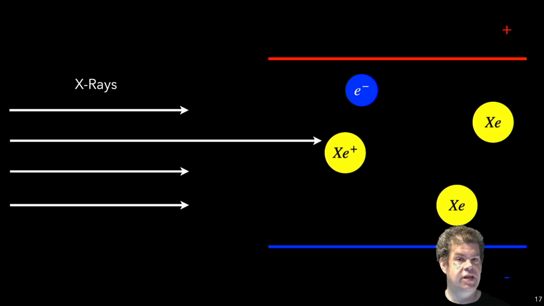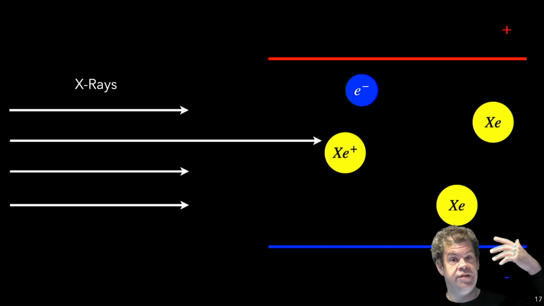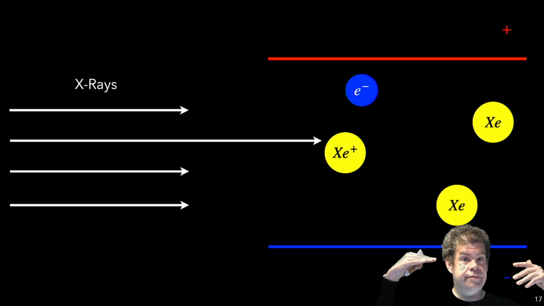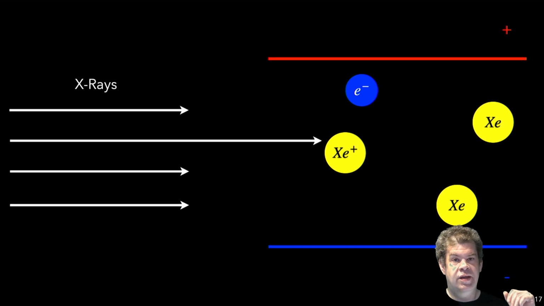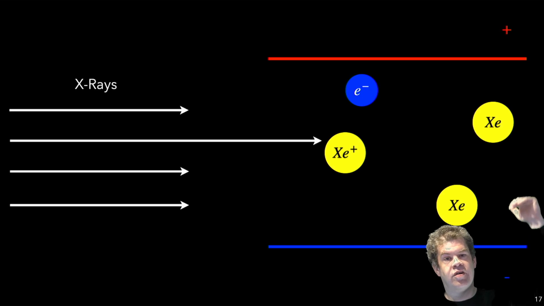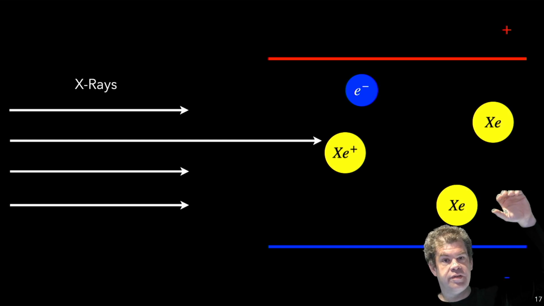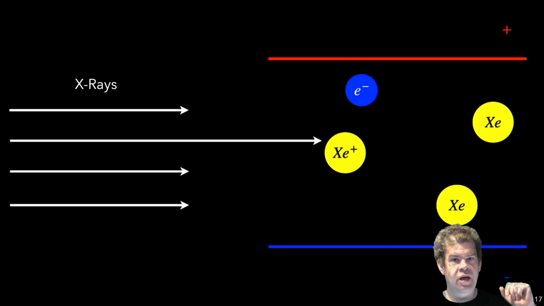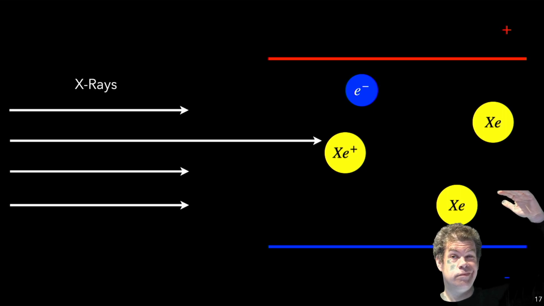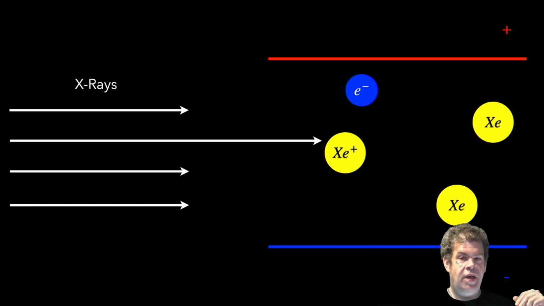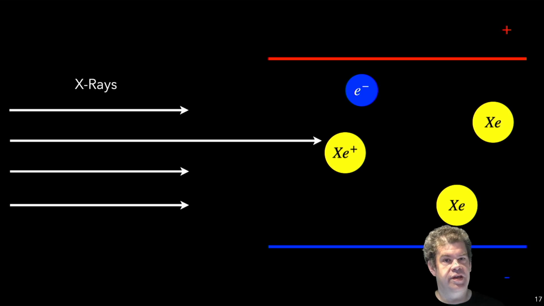atom gets ionized, meaning that an electron is knocked out of the xenon atom, creating a xenon ion and a free electron. And these two now get influenced by the electric field because they're now charged. So the electron gets quickly sucked up by the electrical field, so it gets absorbed by the positively charged anode, and then the atom moves significantly slower because it's way heavier. It moves to the cathode, and then another electron replaces the